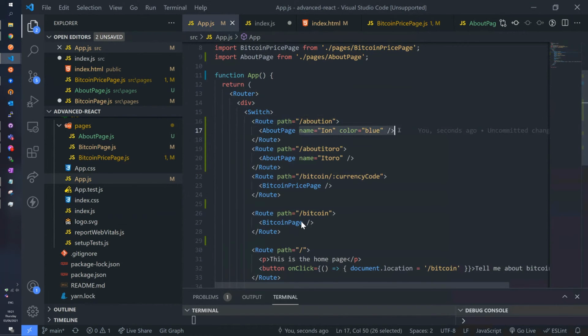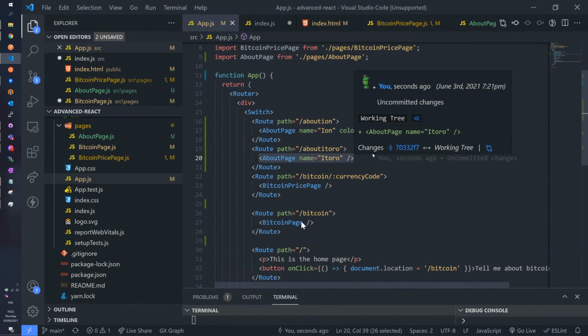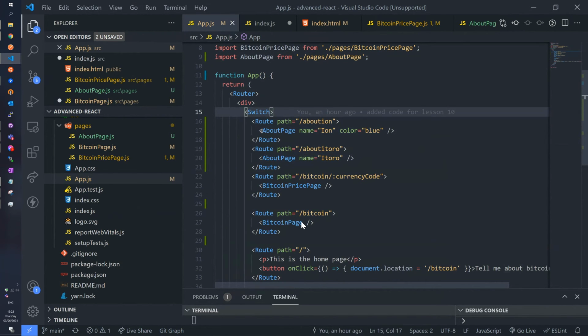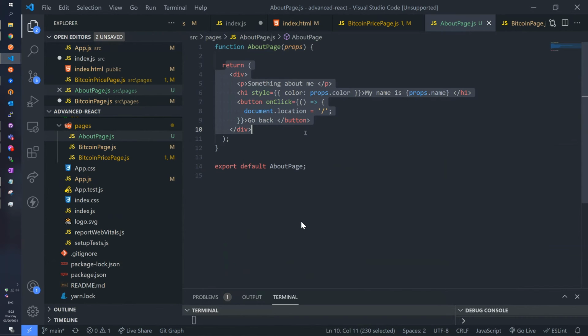So those are properties, and those properties are kind of like a static sort of thing. It's when you want to have a component, but there are two, three, four, five small things that are different, but the logic is kind of the same, right? So this way I didn't have to create a new page called AboutPageIon or AboutPageEToro. I only had to say, okay, this is how an about page looks like, but there's some dynamic content inside it, right?